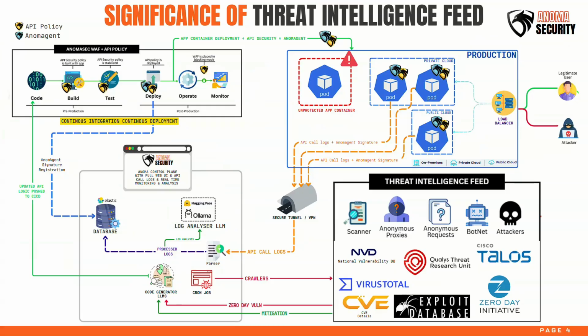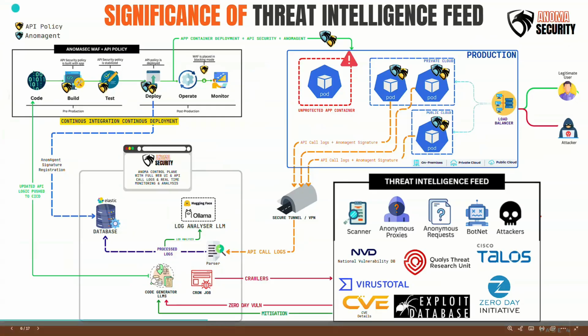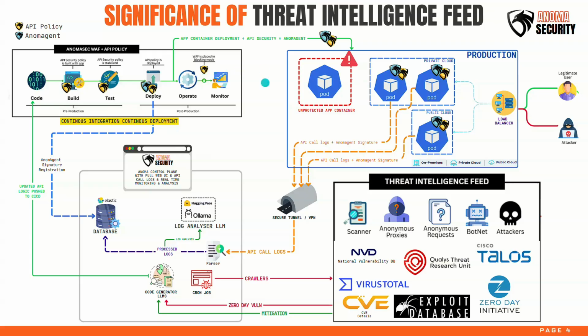So let us begin from how the application code is written. When the code is written, it is built, tested, and deployed to production in the containerized environment, and the logs are sent via a secure tunnel to the parser. Then the logs are processed through log analyzer LLMs, and using the ELK stack or anything like that, they are stored in the database. And based on these logs,